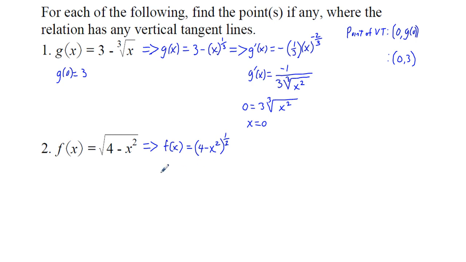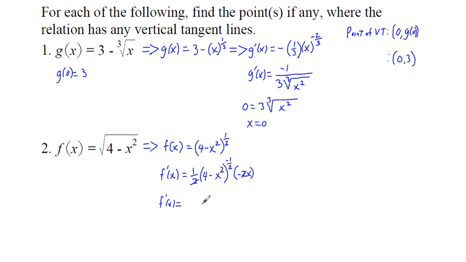Then working below, f prime of x is equal to 1/2 times 4 minus x squared to the power of 1/2 minus 1, which is the negative 1/2 power, times the derivative of the inside, which is negative 2x. Just simplifying, the 1/2 and 2 will cancel each other. So f prime of x is equal to